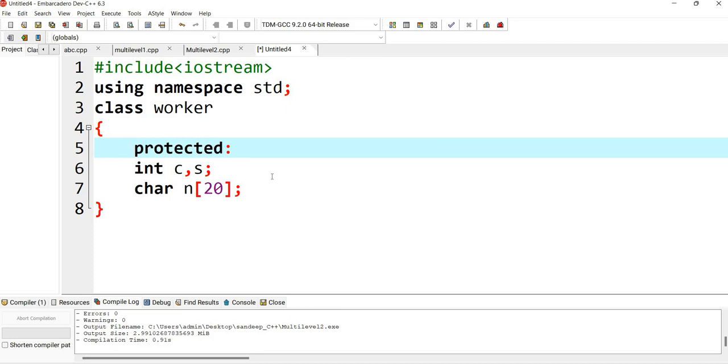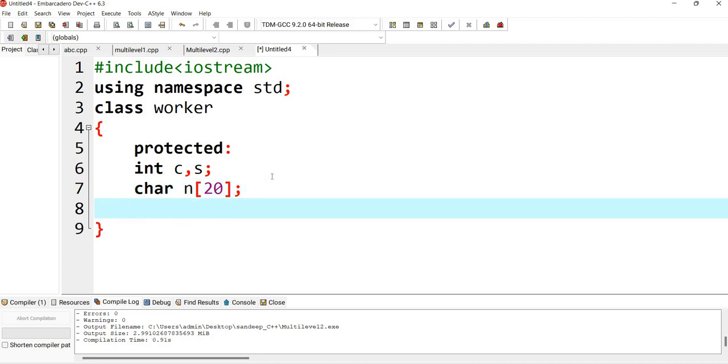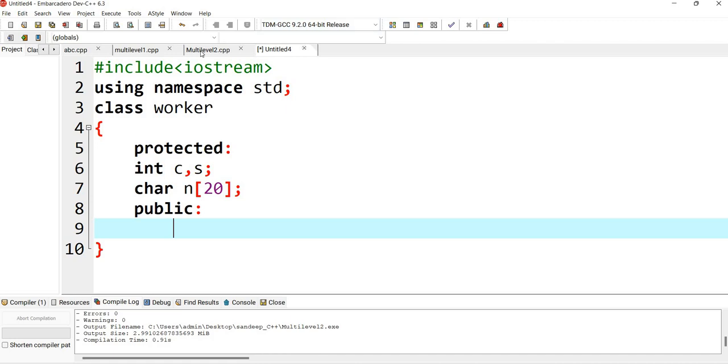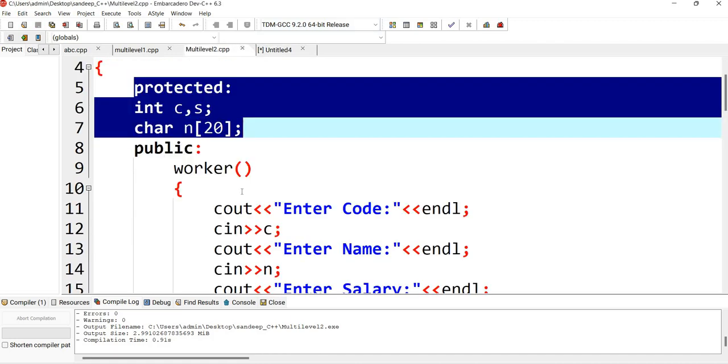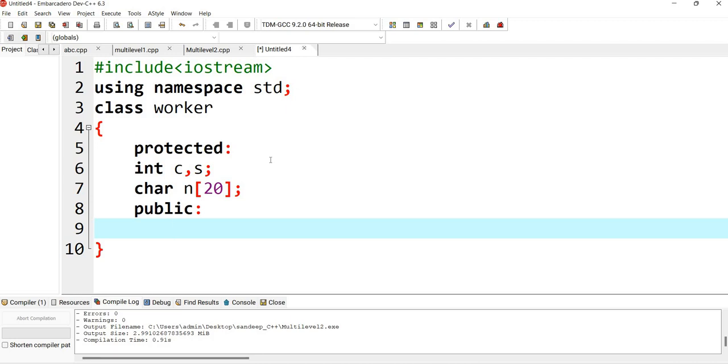Now within the public section, I need to declare the member function. One more thing: previously, if you see here, I have created a constructor. Now I am not using the constructor. First of all, I'll explain how to use the member function, and then I'll explain how to use the constructor. So simply I'll write a member function, void, for example get worker.